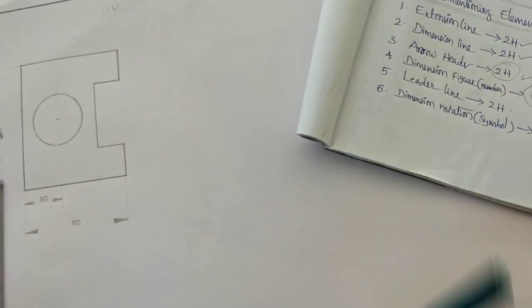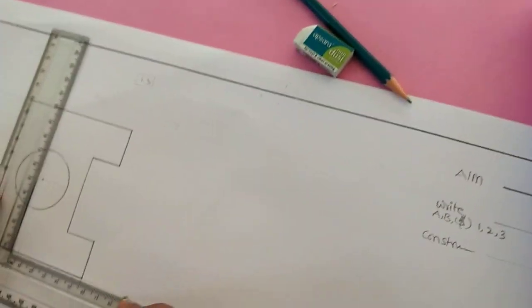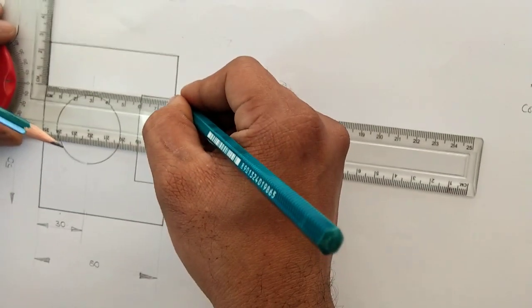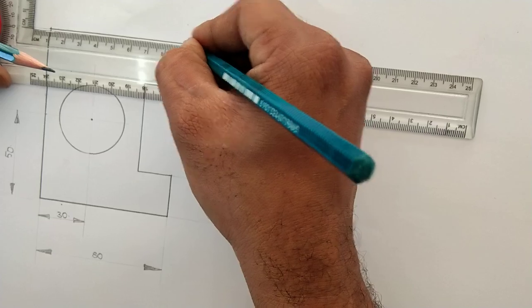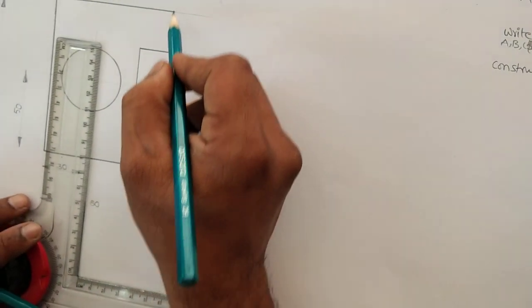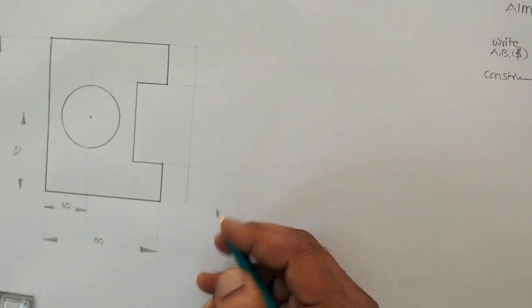And next we can show the height of this particular portion at the right end. So here we are having a number of lines, all connecting to each other. So we can show this dimension by means of chain dimensioning. So extension of first point, second point, third point, fourth point. And next here we are going to construct the dimensioning line in this way.